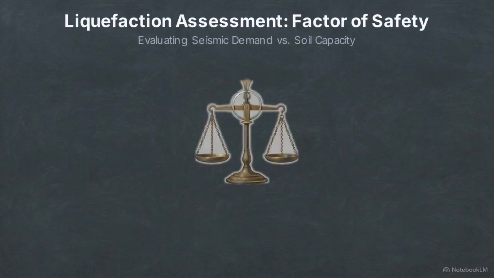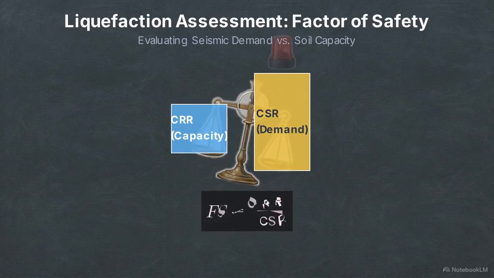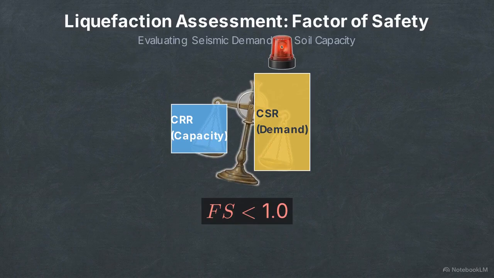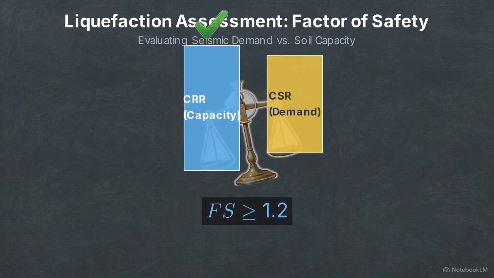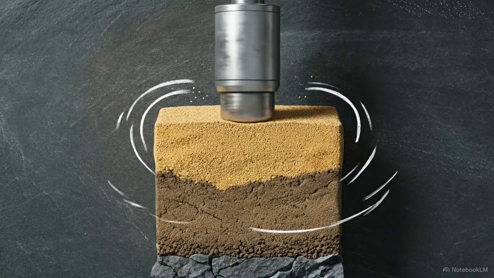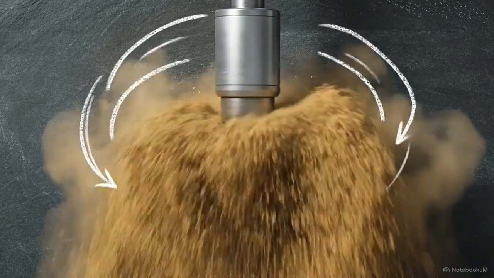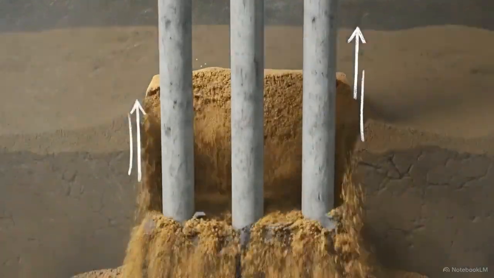The workflow culminates in the factor of safety, dividing soil capacity by earthquake demand. If it drops below 1.0, demand wins, and the soil liquefies. The code targets 1.2 or higher to ensure resistance with minimal deformation. When the calculations predict failure, engineers must implement mitigation strategies. This means densifying the soil through methods like vibrocompaction or bypassing the liquefiable layer entirely using deep pile foundations anchored